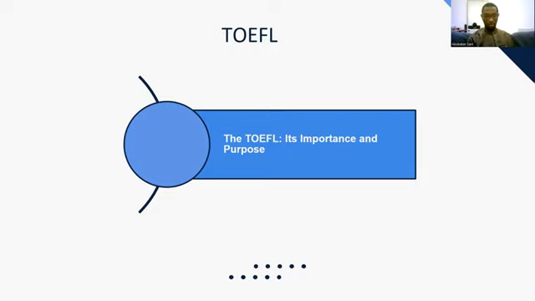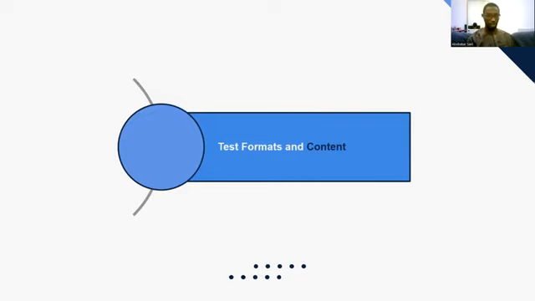So when you take TOEFL, you are showing this because it comes in four formats. Okay. It comes in four shapes. We have the speaking part. Okay. You will do speaking. It tests your skill in that area. There is the reading, which tests your skill in that area. There is the listening and there is the writing: speaking, listening, reading, writing. Okay, these are the four key skills. And there are exams on all of this. They will test your reading ability, your listening ability, your speaking ability, and your writing ability.